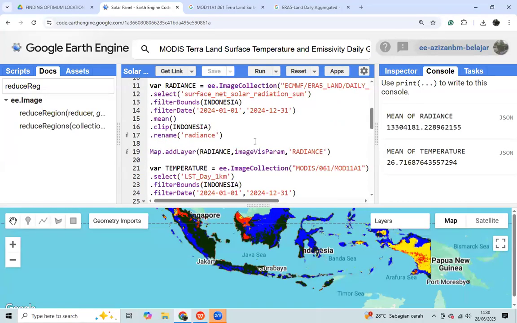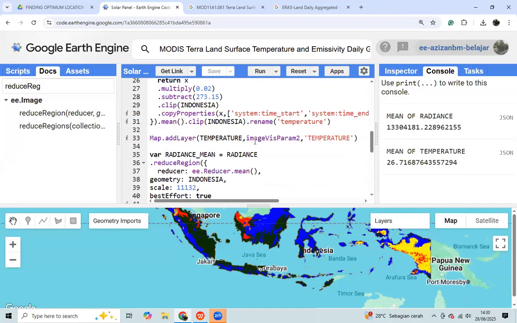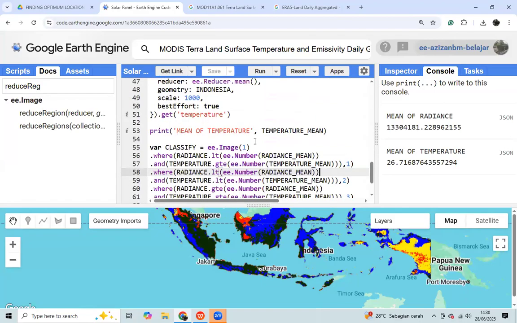After we find the radiance, we find the mean of the temperature data, and we classify it into 4 classes to find the most optimum location to install the solar panel. Okay.